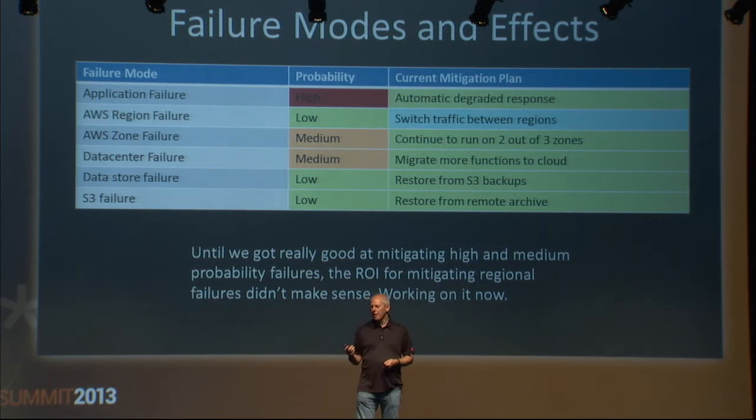Data store failure, by that I mean we either wrote data, we scribbled data into Cassandra, or Cassandra itself corrupted the data. We do continuous archiving into S3. So if anything goes wrong there, we can restore to some point in time to get back to a working data store. And if S3 breaks, we actually have another copy of that data in another Amazon account in another region. We do a daily copy of S3 to S3 from a remote archive. So we're pretty well covered for most of the failure modes that we could run into.